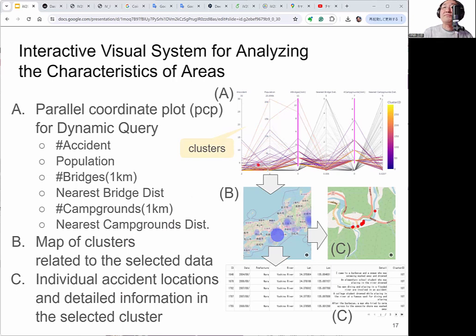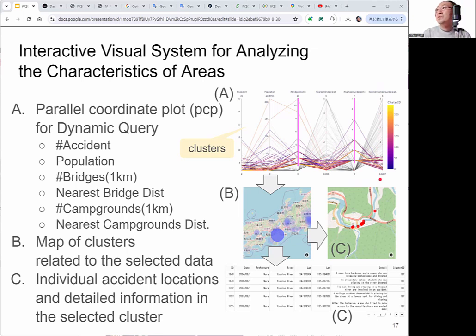And there are 6 axes. The first one is number of accidents, and population, and the number of bridges within 1 kilometer, and distance to nearest bridge, number of campgrounds within 1 kilometer, and the distance to nearest campground.